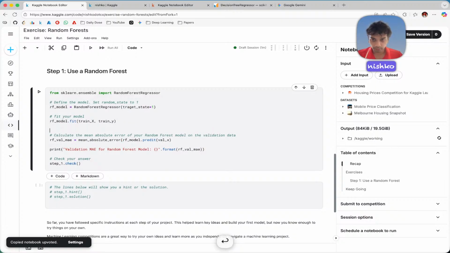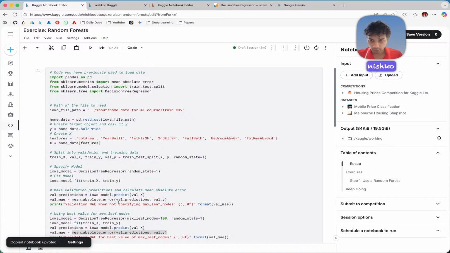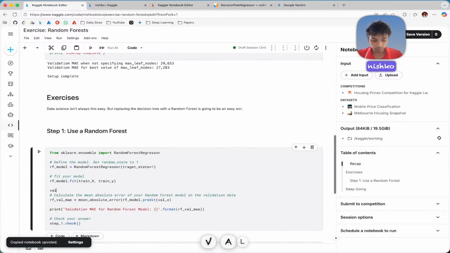So basically, I can also write this like how they defined it: model validation, val prediction is equal to rf model dot predict val x, and then I have to use this thing, val predictions comma val underscore y,